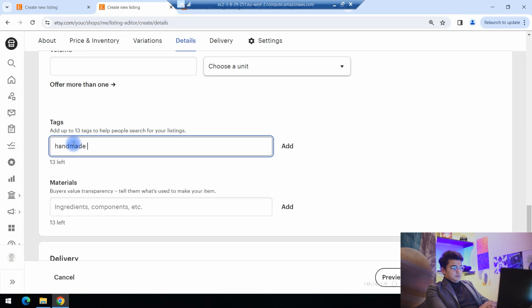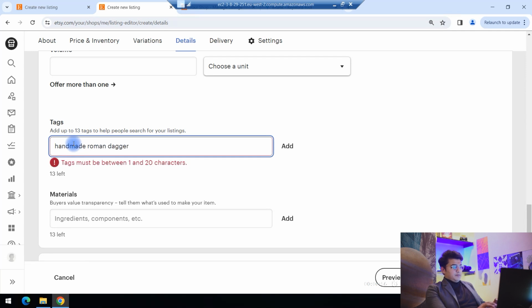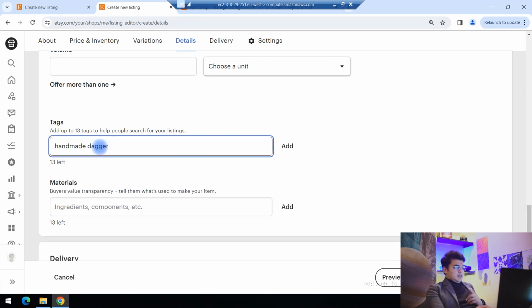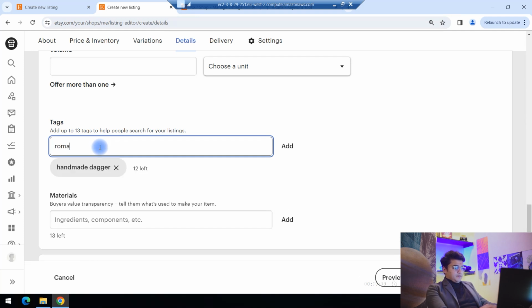You have to write them exactly in the tags, like handmade Roman dagger. Now that must be between 1 to 20 characters. So I have to either remove the handmade part or the Roman part. So what I will do is handmade dagger, Roman dagger,